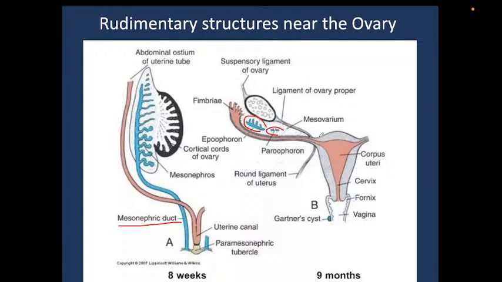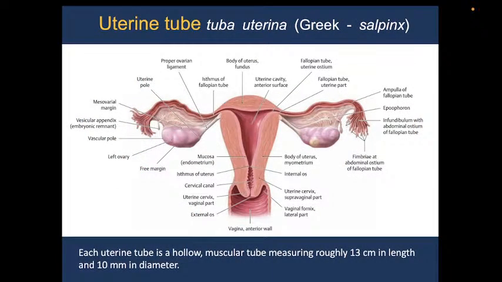Rudimentary organs are equal to the female genital organs in women. Uterine tube, the next organ. It really looks like a tube. We call it the fallopian tube. That is a personal name, fallopian tube, or tuba uterina. Tuba uterina in Latin, and the Greek name is also important. We call it salpinx in Greek. This long structure is a paired organ, the uterine tube.